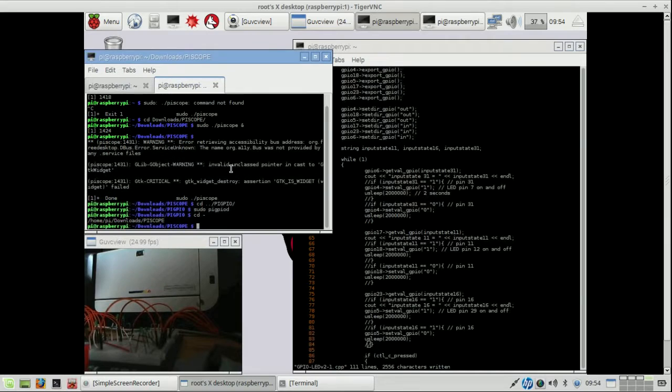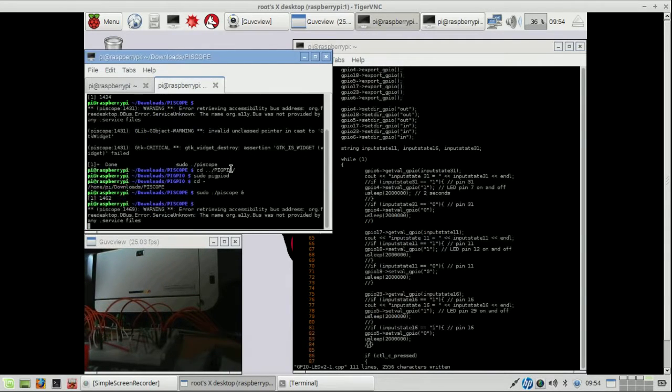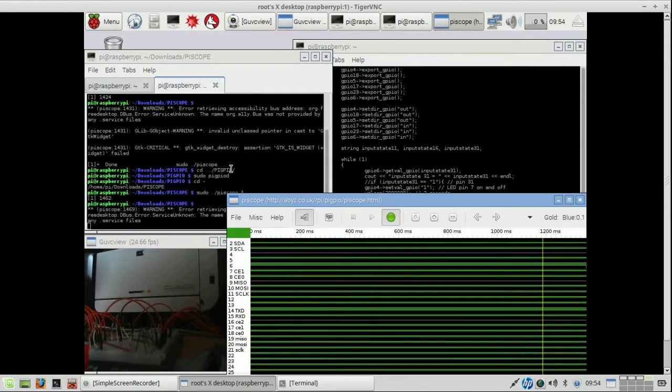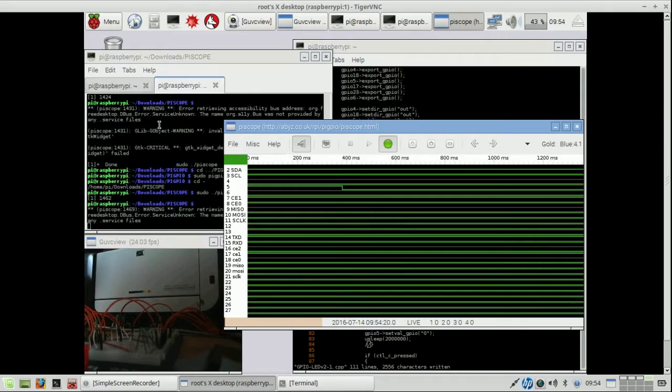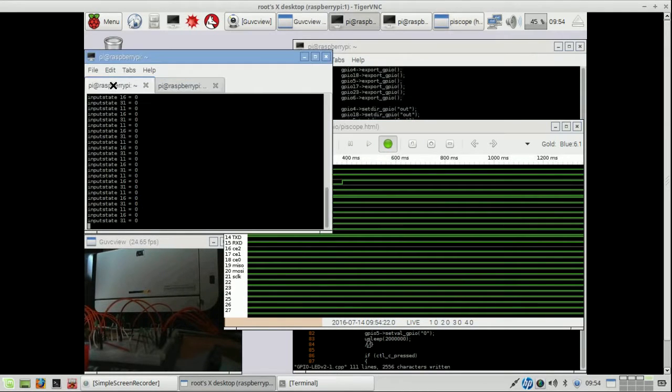This works. Going back and starting. Now it does work. And going to this tab,